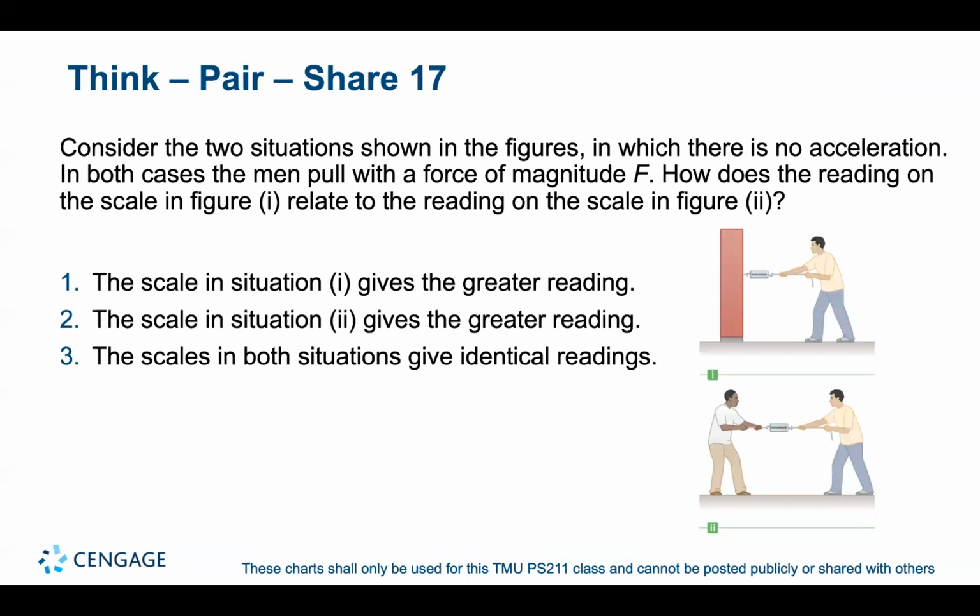So just a few questions here, and I'll just go over this quickly. Consider the two situations shown in the figure in which there is no acceleration. In both cases, the men pull with a force of magnitude F. How does the reading on the scale in figure 1 relate to the reading on the scale in figure 2? So the scales in both situations give identical readings. And so this may not be intuitive, but